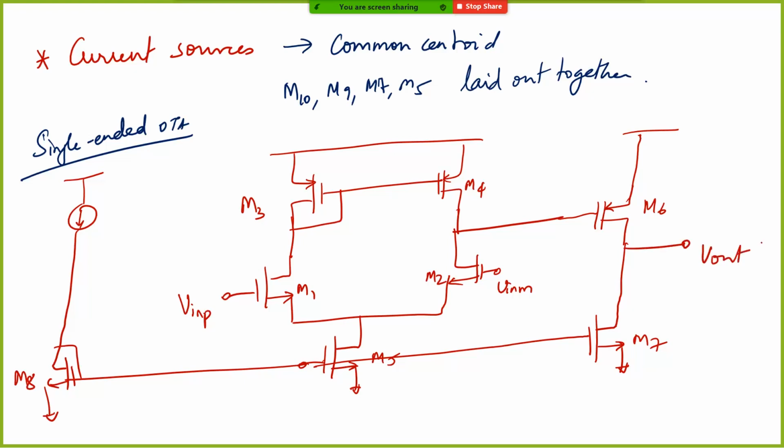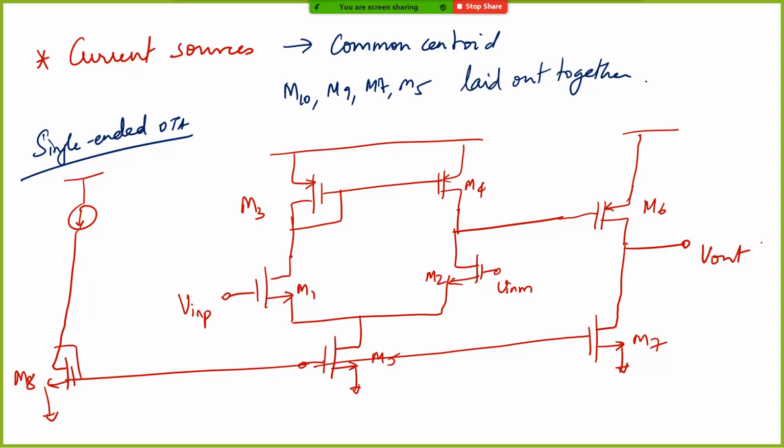Okay. Of course, the gain equations remain the same. And the only thing is, of course, this first stage can be replaced with, let's say, a telescopic cascode or a folded cascode or a regular cascode, which we'll see next after this. So any of those topologies can be used. And this is the way that you basically have your two-stage OTA.